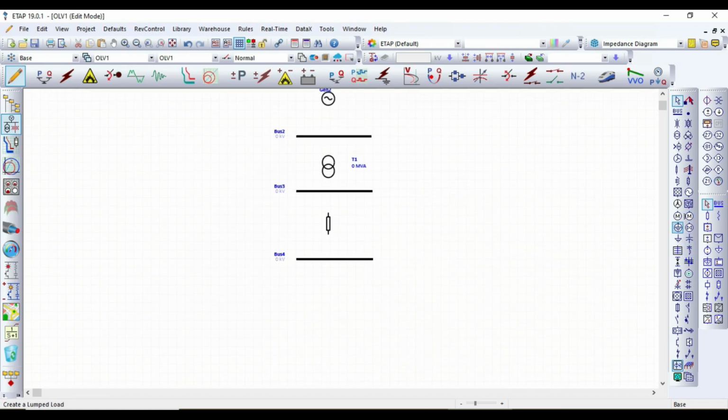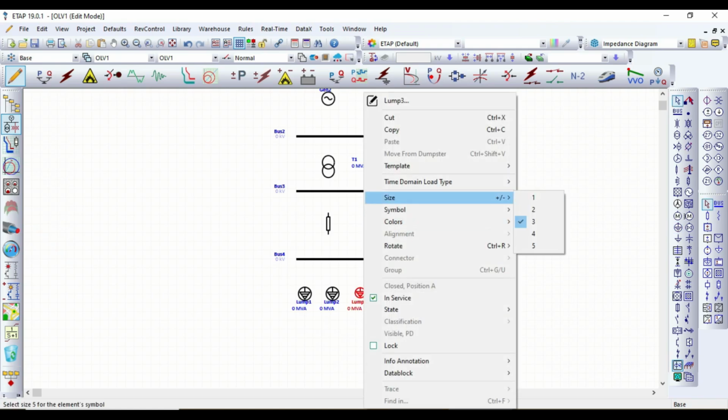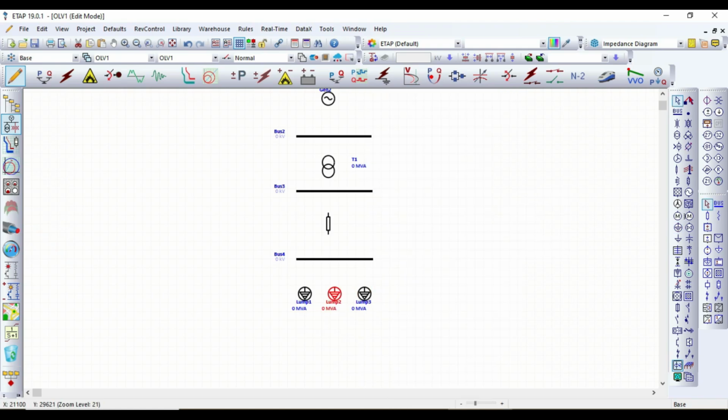Finally, we need to add the loads from the component library. We will select 3 lumped loads and place them in the diagram. Don't forget to increase their size. After selecting all the components, let's go on to connect them to each other. So firstly